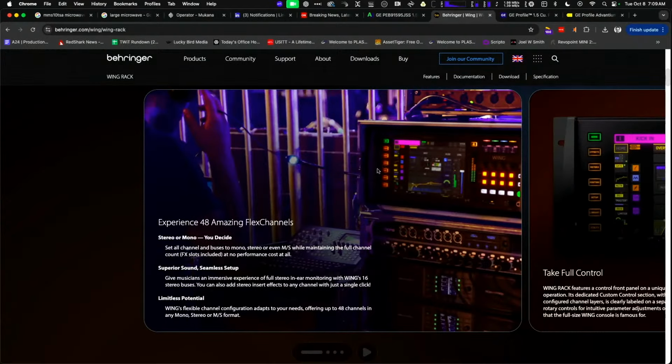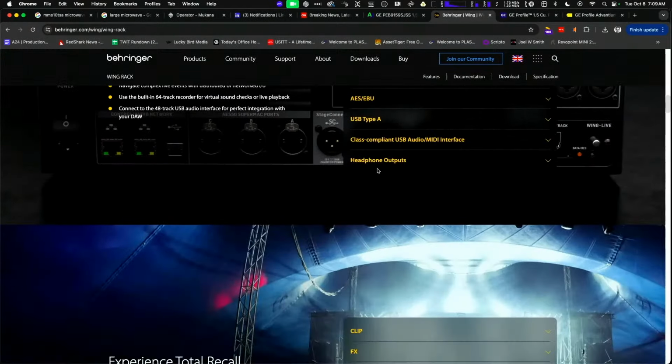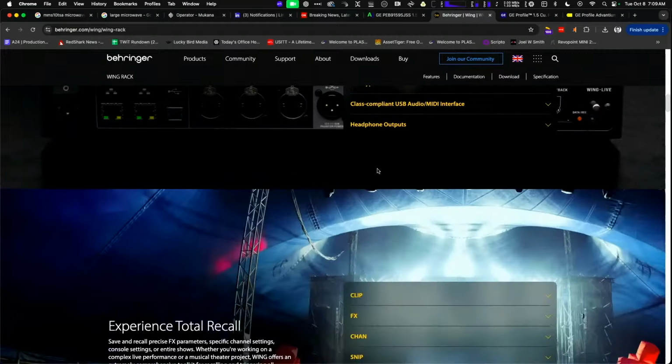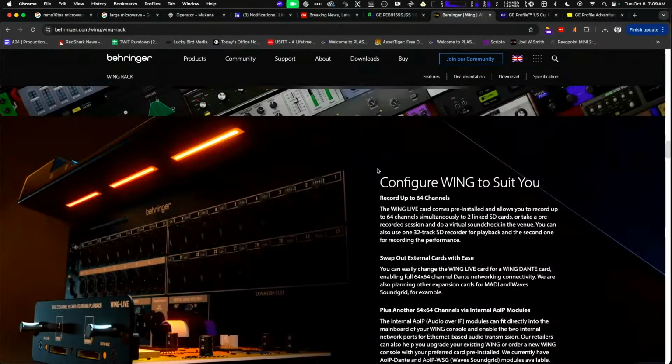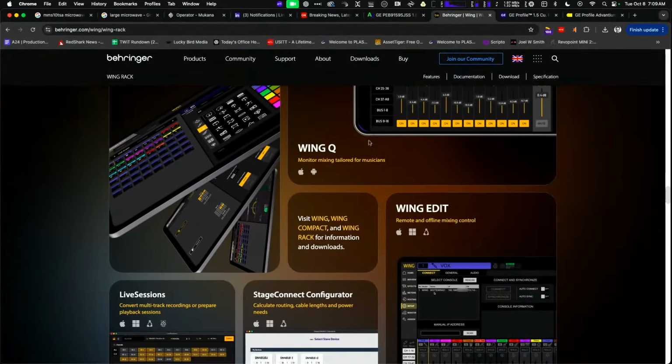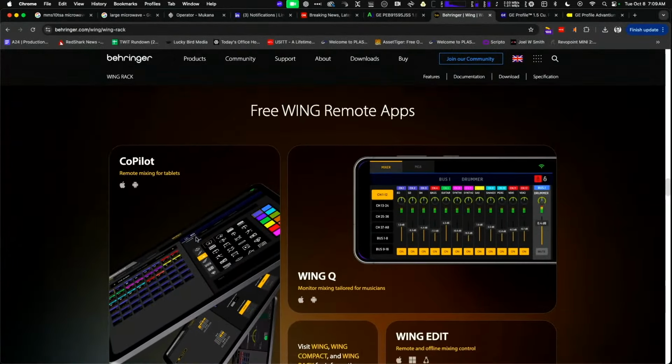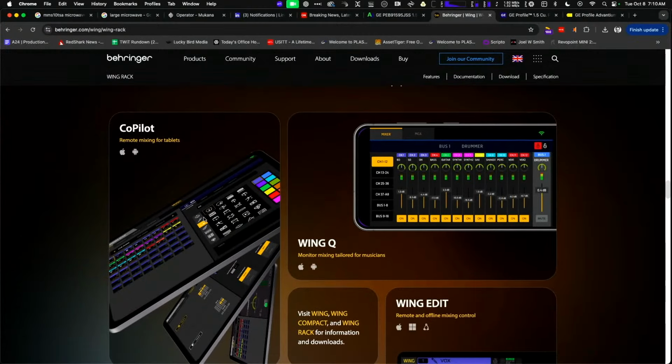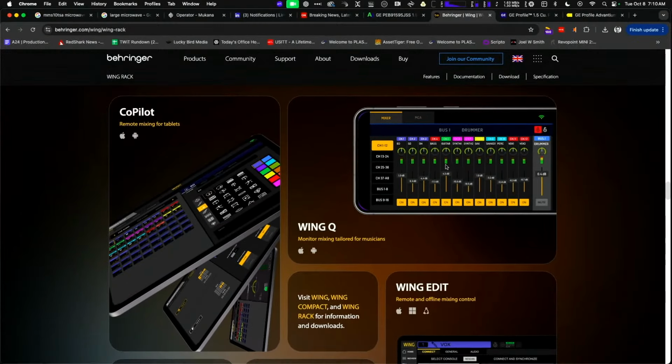The old one was $800. I think this is a bit more. A lot of I/O. One of the things that we were looking at last night that we still don't fully understand, I think it's a new protocol that they're using. And you can see there's... it looks like, by the way, they completely redesigned the interface.